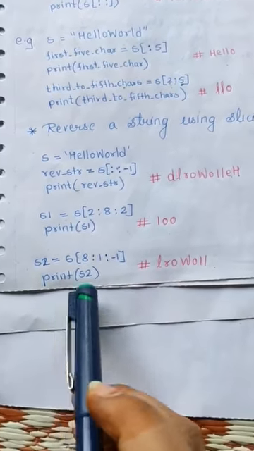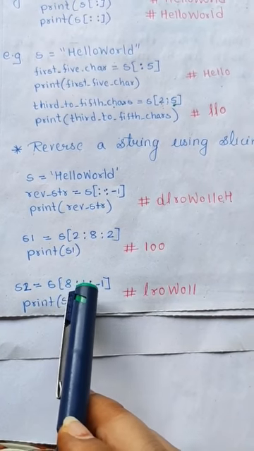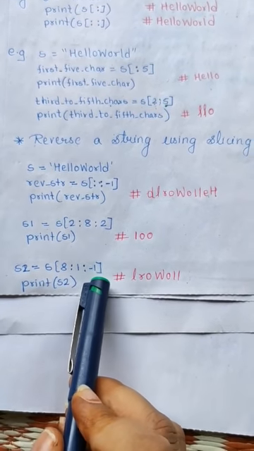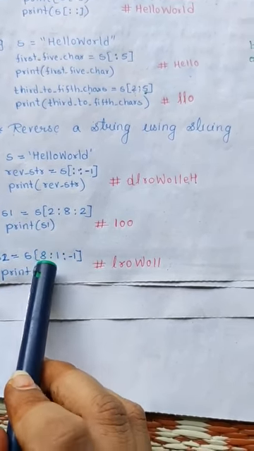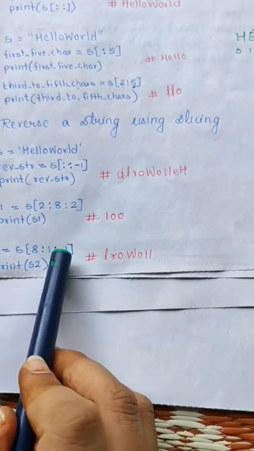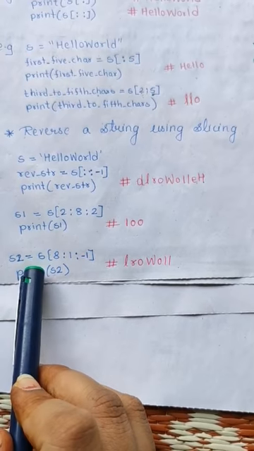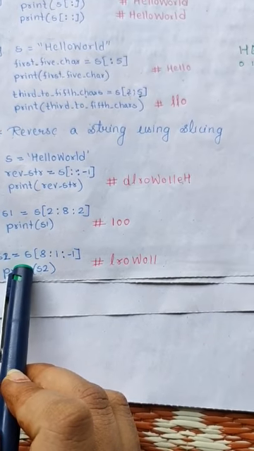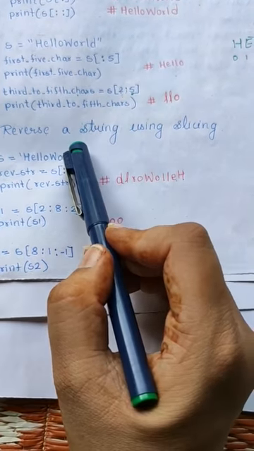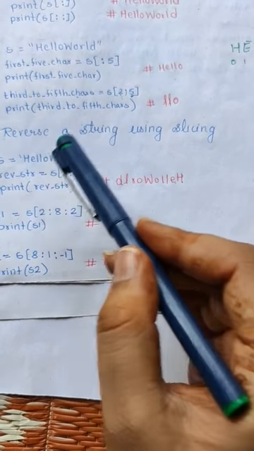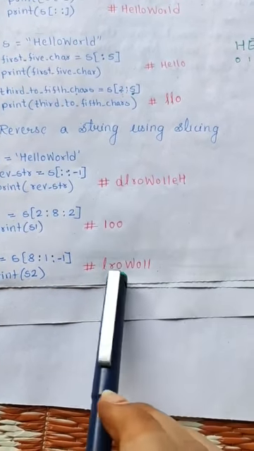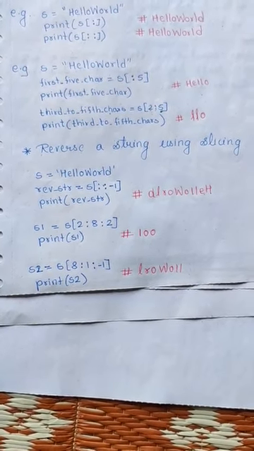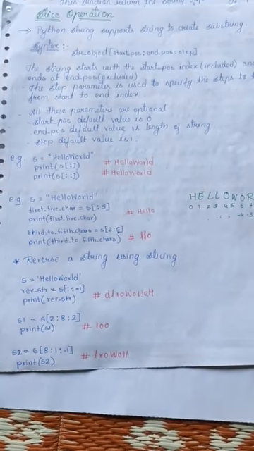Another example is 8, 1 and -1. That means it is going to print in the reverse order. By the steps only you will understand. It has given the starting position as 8 and the ending position to be 1. So likewise it is going to step. Now see which is the 8th character. As you will see, we are having L, right? This L will be at the 8th position, then R, then O, then W, then again O and LL. So it is going to give you the output in this order. So this is how we are using the slice operation in the string function.